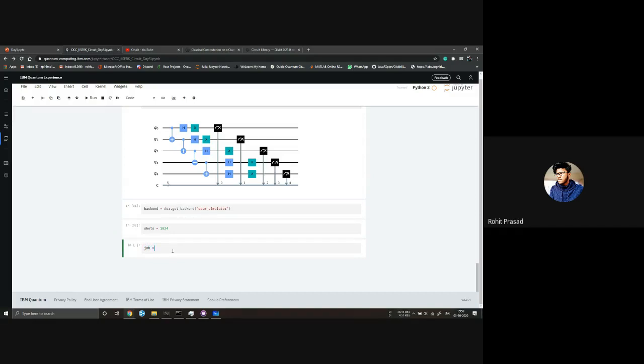The job is what we want to execute: we want to execute the circuit on the backend. Then the number of shots has been defined as shots, right?